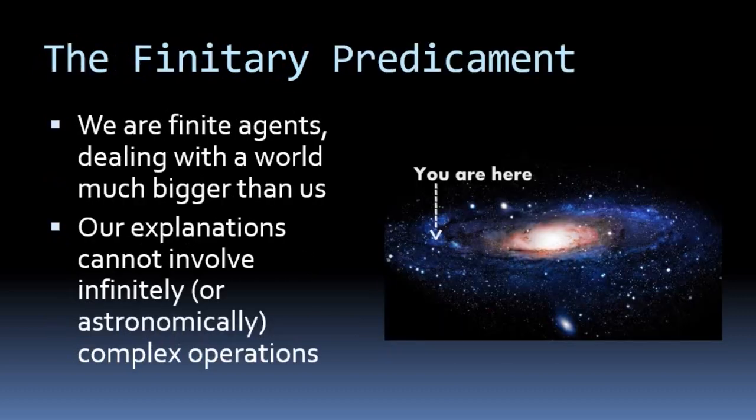They're sort of related themes. The first one is what we call the Finitary Predicament. So this is the rather unfortunate state that we all find ourselves in of being really small in a really big universe. The universe is just way, way bigger than we are. I'm not even talking about the galaxy, I've got a picture of it up here. I'm talking about the amount of information that's available to you on a daily basis, which so hilariously and vastly outstrips our ability to take in and process that information that we have to be selective, right? So somehow we have to deal with this problem of having chronically not enough processing power, not enough memory, not enough time